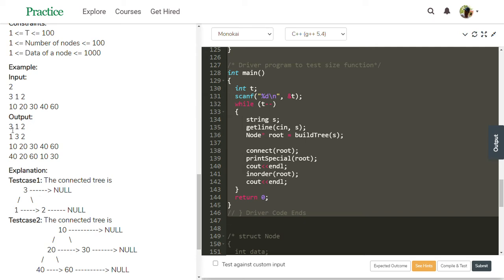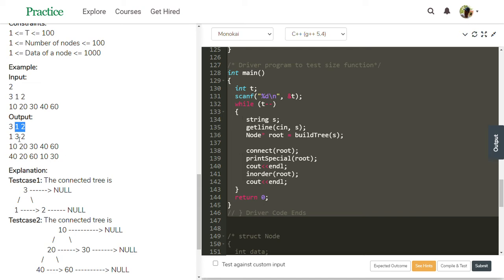First, 3 prints with next null, the first level data. Then 1 and 2, with 2's next being null. Level by level, elements are connected and printed with the help of the next right pointer.